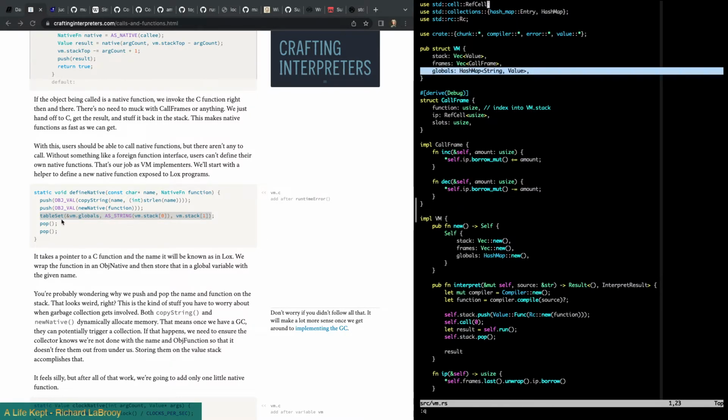We're saying set in the globals hash map using the string of the name. Stack of 0 is the name, and stack of 1 is the function. So this is the value. So all we're doing is basically doing a globals.insert of function name.